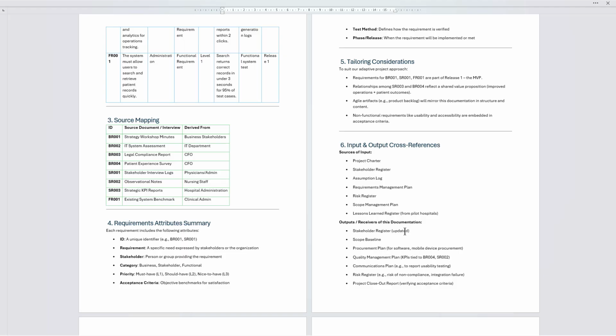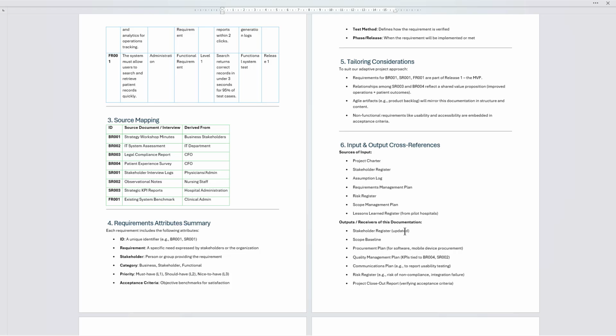One of the biggest pitfalls that I have observed in similar projects is treating requirement documentation as an isolated activity. But when you weave it into the planning fabric, it becomes a linchpin that influences risk, quality, procurement, and stakeholder